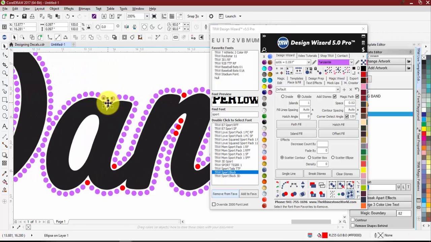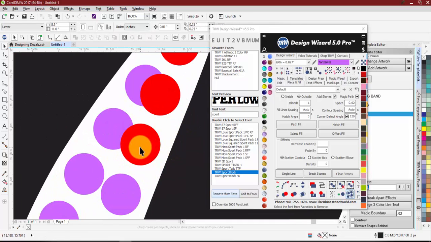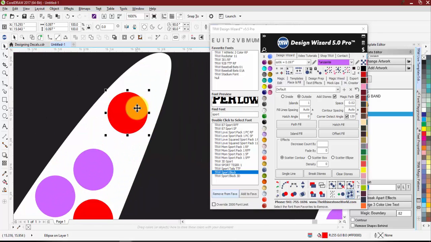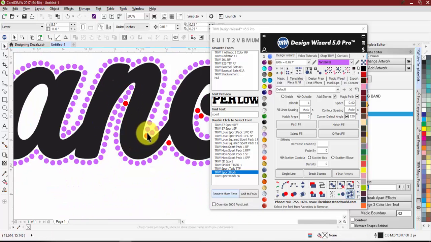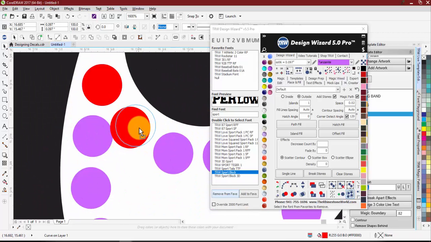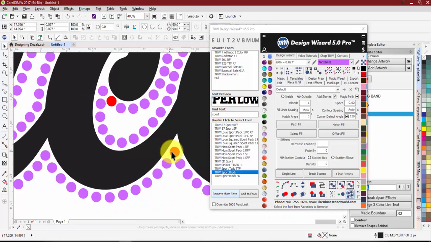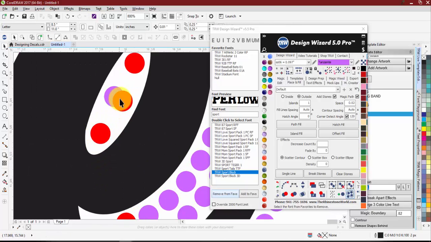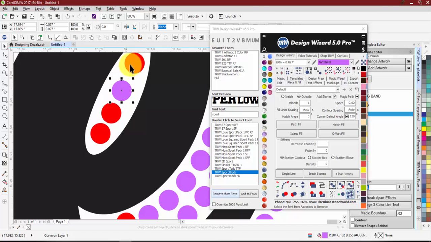So again, we'll just continue through our design. These ones are all just straight overlaps because I don't see any stones touching them, so I'm just going to delete those out. Again, this one here, I bet I can just nudge these over a little bit. And those ones aren't. This one is a little too close to do that, and this one's a straight overlap. So I'm just cleaning this up as we go. Straight overlap, straight overlap. This one just needs a little bit of a nudge. That one's a straight overlap, and then we have a few down here. So just a nudge there, delete that one. And then these ones here, I can just move